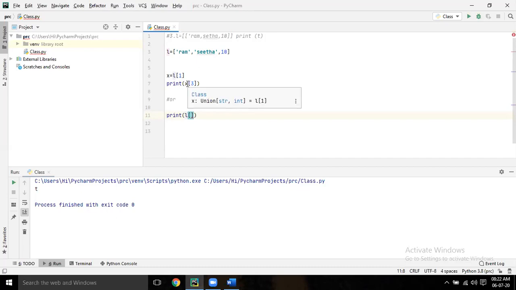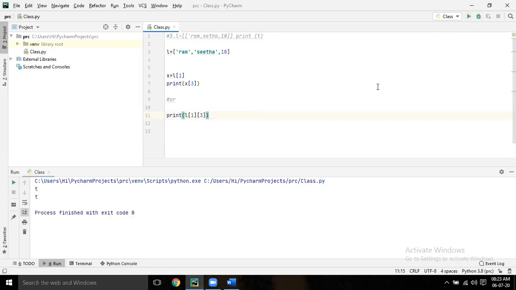X is 1, sir. No, what have you written x equal to? You have written L1, sir. That L1, instead of x, write that L1. That's it. Okay. No, no, no. Down. L, L1. No. What is x? L1, sir. L of 1. L of 1. Then that 3. Okay. That is also by 3, right? This one, right? Yeah. Now run it.